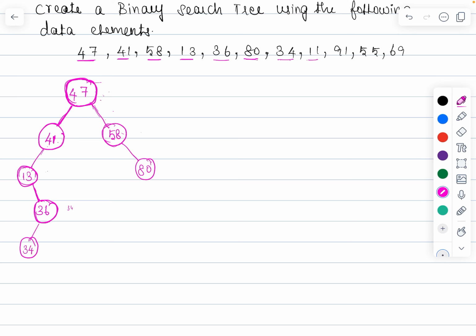The next data element is 11, check with the root node, it is coming lesser only. Look at the left subtree, again in the left subtree 41 is there, compare 41 and 11, 11 is coming lesser. Since it is lesser, look at the left child of 41 and the left child is 13, 13 and 11 if you compare, 11 is coming lesser. Since it is coming lesser, this 11 should act as the left child node of 13 only. If you check, the left child node is completely empty, create a new node and there you can insert